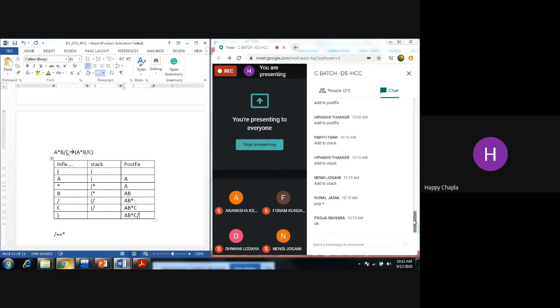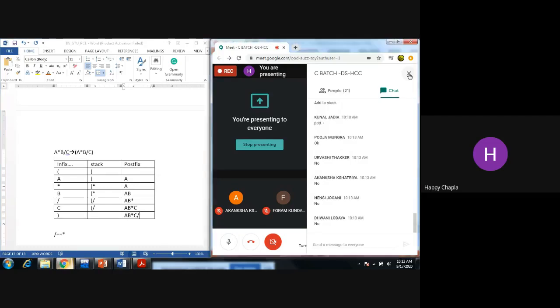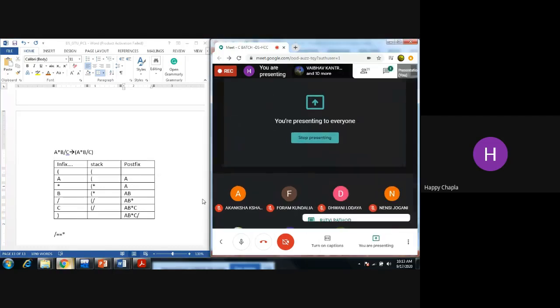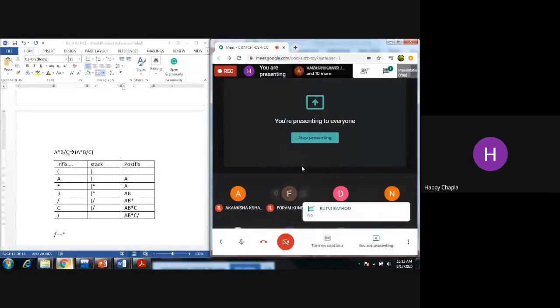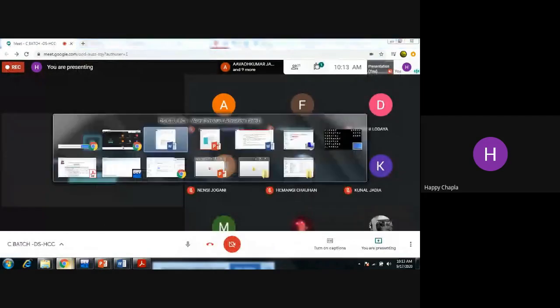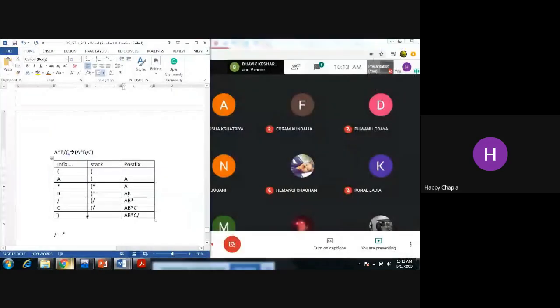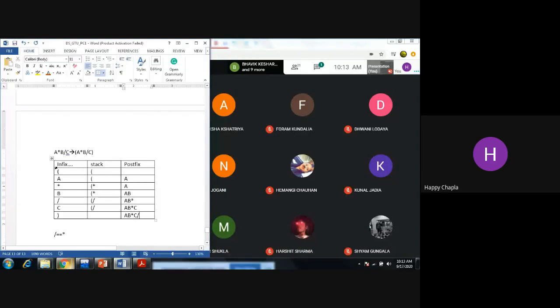Any doubt in this example? Any doubt till now? Okay, perfect. One thing, if you are noticing over here, we are converting our infix expression into the postfix, but we are using the stack.